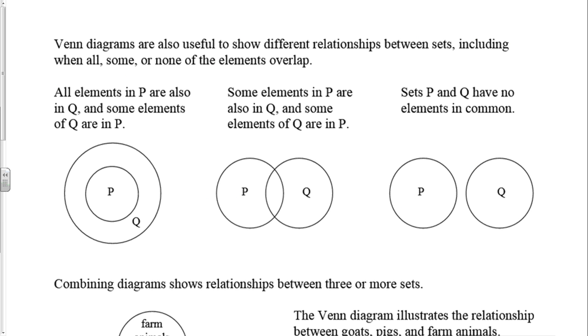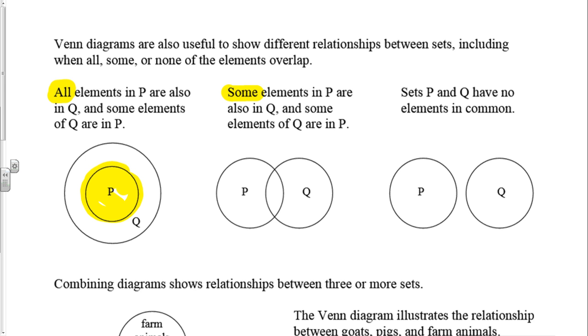We have 3 main different ways to represent Venn diagrams. The one that we worked with was this first one, and the first one is an "all." That means all of one set is within another set. So when we said all cats have tails, we drew something that looked like this very first Venn diagram. The next kind that we have